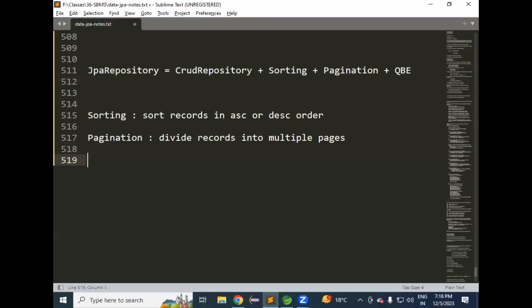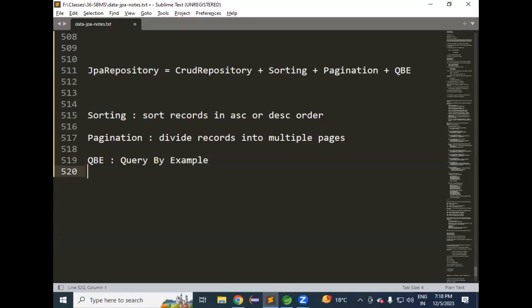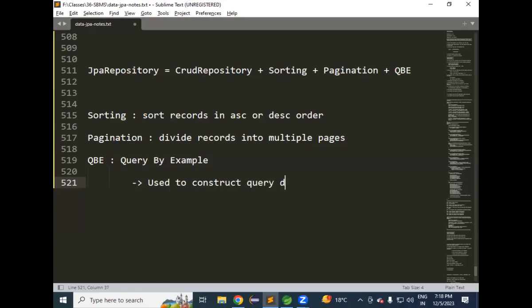Next one, there is a concept called QBE. QBE stands for query by example. This query by example is used to construct a query dynamically. In advanced Java, I think we developed a program where I can search using any field. If I give the ID, it retrieves the record by ID. If I don't give the ID, it retrieves all the records. So that means based on the user input,